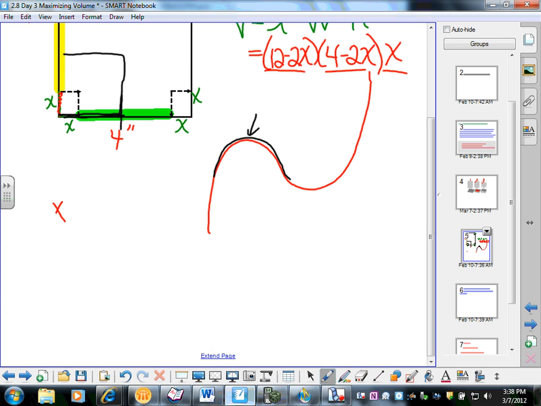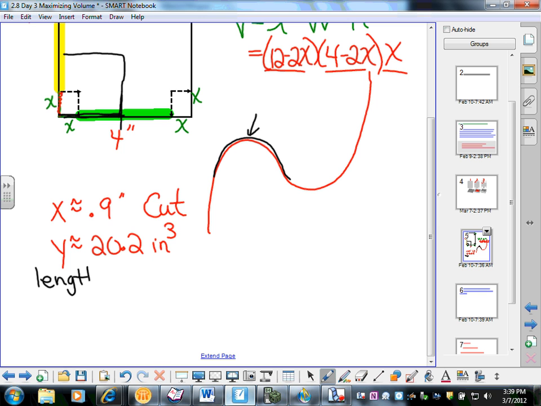We found x to be approximately 0.9. That's going to be in inches. That's the length of my cut. And my y value to be approximately 20.2, which would be inches cubed, because that's my volume. Okay, I believe we found everything that we needed with the exception of the actual dimensions. The problem asked us to find the length, the width,